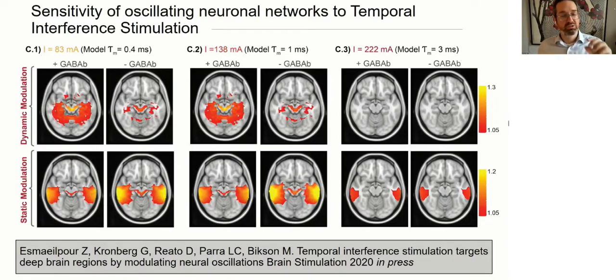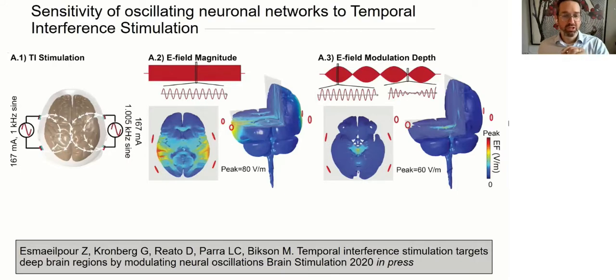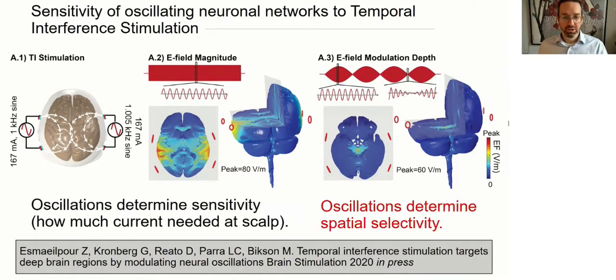So it is possible to stimulate selectively deeply, but in the sense that you're producing selective dynamic modulation deeply, while producing static modulation superficially. And this is sort of what we almost anticipated when we looked at these models to begin with. And the fact that oscillations are especially sensitive to stimulation was not new, but there is something interesting